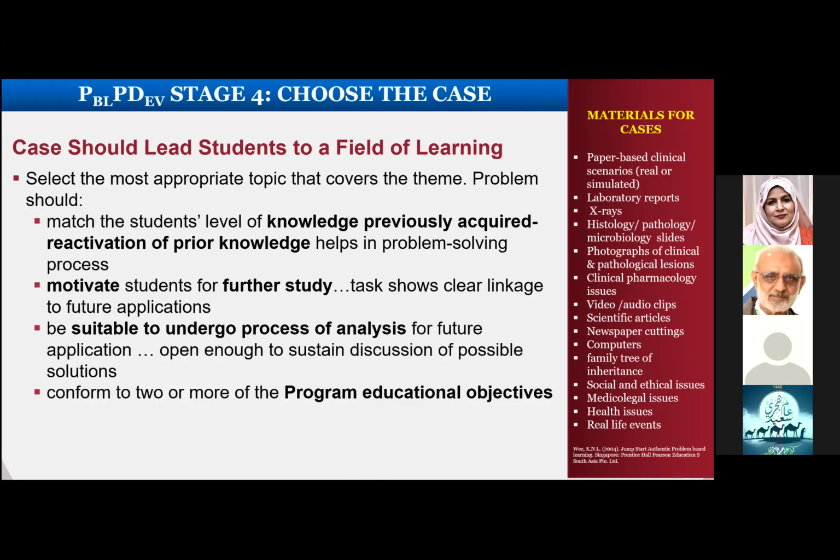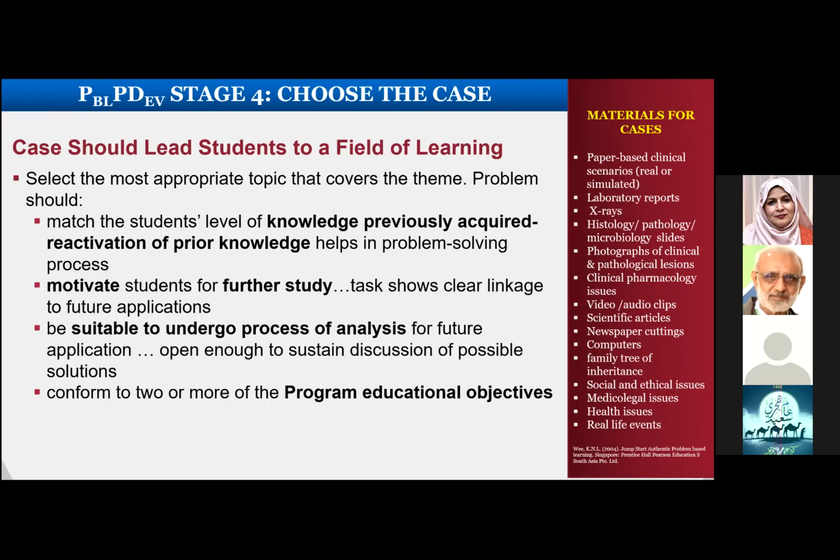It's very important that when we are developing a case, the case should not be an open and shut sort of case. For example, if you are developing a case on arthritis, the worst case scenario which can be given is gout, because the features of gout are so specific that as soon as you give the clinical scenario, the students will already know that it's gout. And once they know it, then the whole PBL becomes redundant. So select the type of arthritis for which they have to search for the answers before they actually find out which arthritis the patient is suffering from.